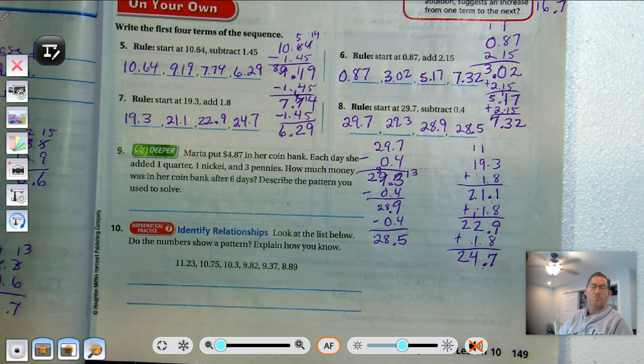All right, number 9. Marta put $4.87 in her coin bank. Each day she added 1 quarter, 1 nickel, and 3 pennies. How much money was in her coin bank after 6 days? Describe the pattern you used to solve. Well,